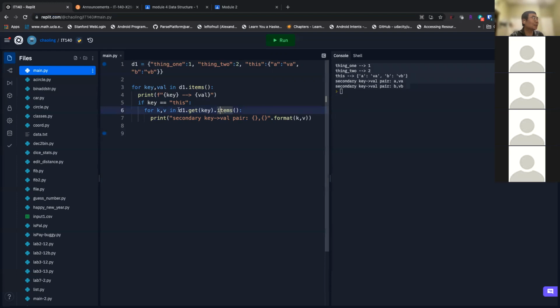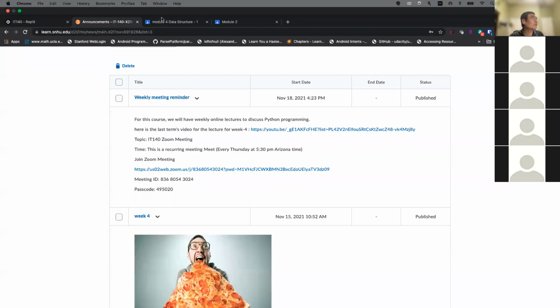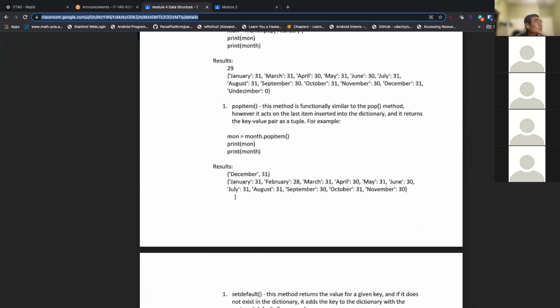Just make sure you understand at each stage what type of value it is. It's a key-value, and the value could itself be another key-value pair, and then use a for loop to iterate through them. So I think that's enough for the intro. List is about the same. Let's see what else we got.